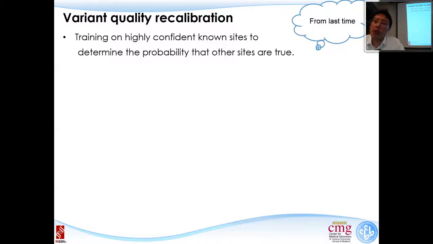The reason that we need to do this is, after we identify variants, for every single variant location there are many different parameters that we can tune. For example, if I want to make sure that all my variants have larger than 20x coverage, that will be a threshold. Or I want